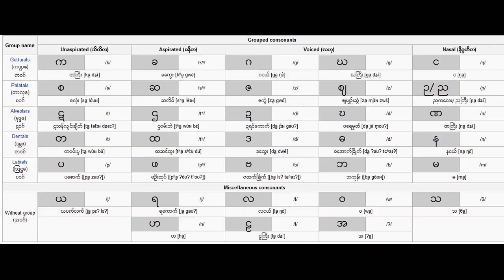Minglava. Today I'll be showing you how to read, write, and pronounce the Burmese alphabet, which consists of 33 letters altogether. But before starting, I will tell you that in Burma, most of the children, when they go to school